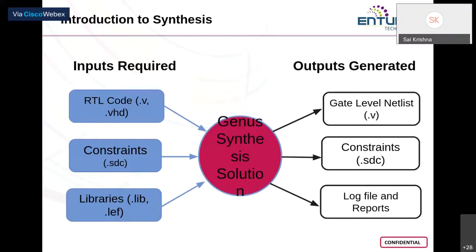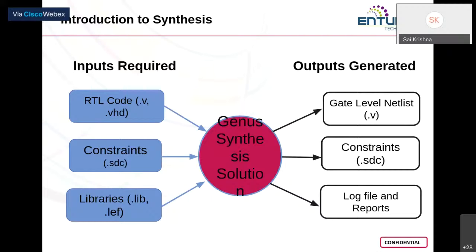So your .lib and .lef together will help you to reconstruct your standard cell completely. However, during logical synthesis, that means converting your RTL logic into a gate level circuit, you will be considering only .lib as an input. You are not going to take .lef. It's only .lib. So RTL code and .lib are the two mandatory inputs that are to be given for your